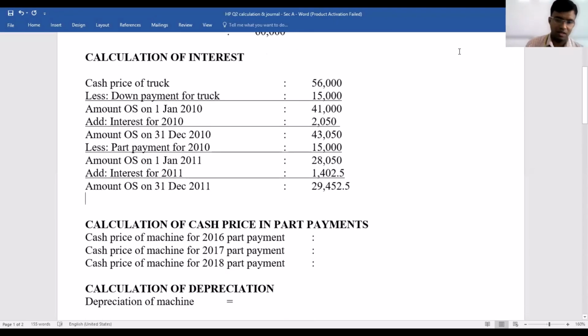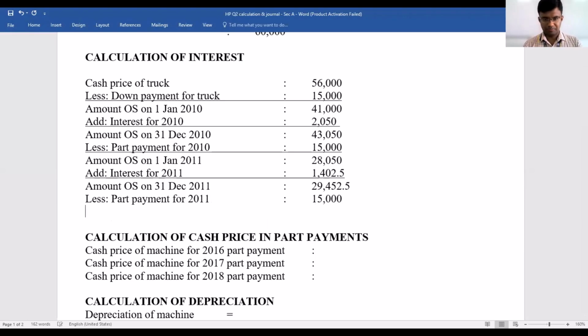Now from this, we have to subtract the part payment for 2011. The part payment for 2011 is 15,000, and when you subtract 15,000 from 29,452.5, this will work out to be the amount outstanding on